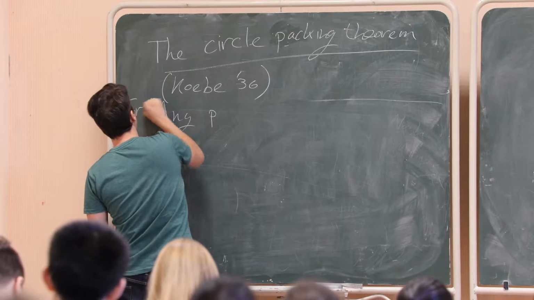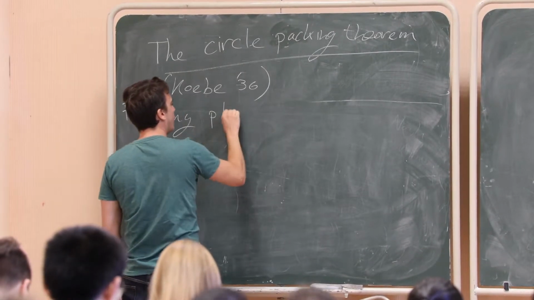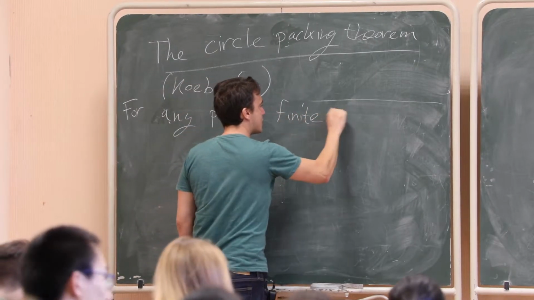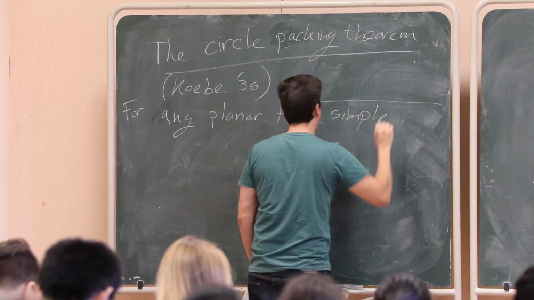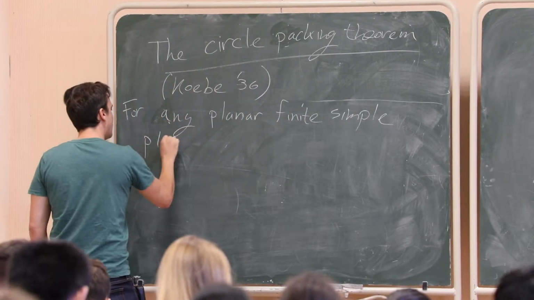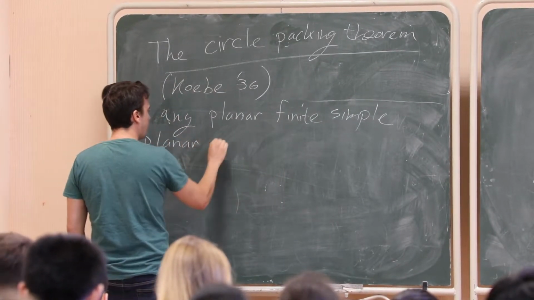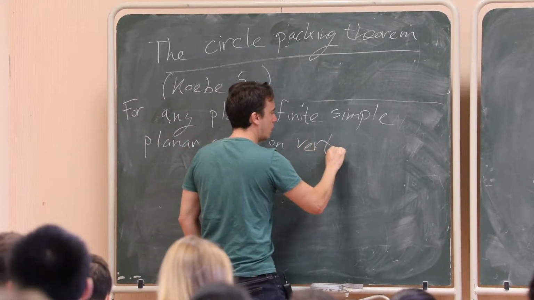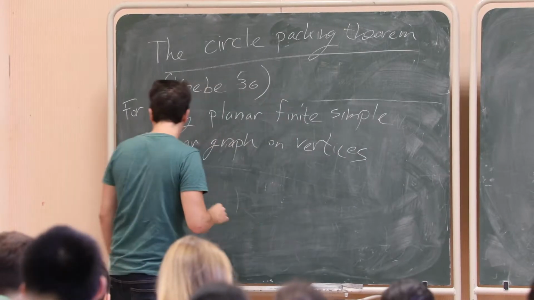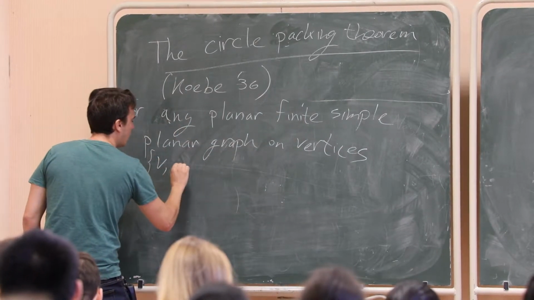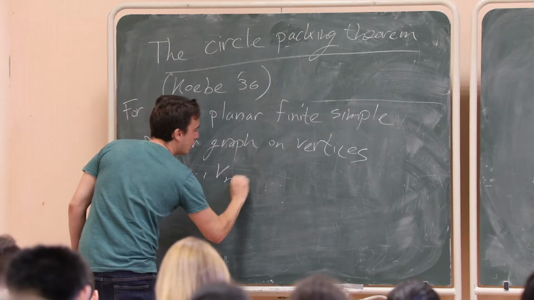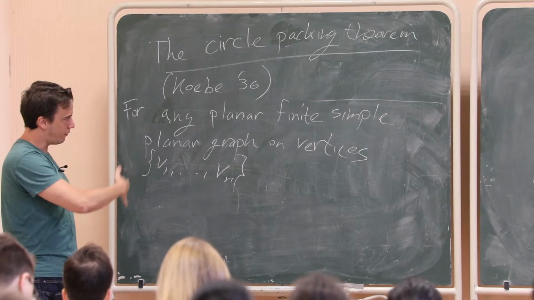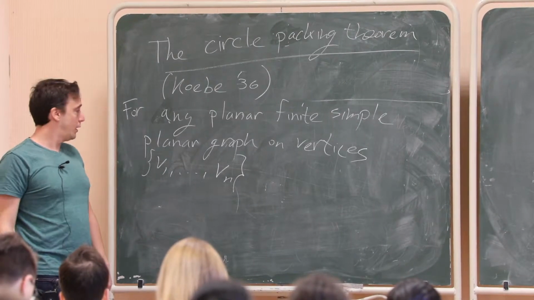for any finite simple planar graph on vertices, let's say V1 up to Vn. Sorry, I'll try to speak loudly. You have n vertices. You have a planar graph. Then